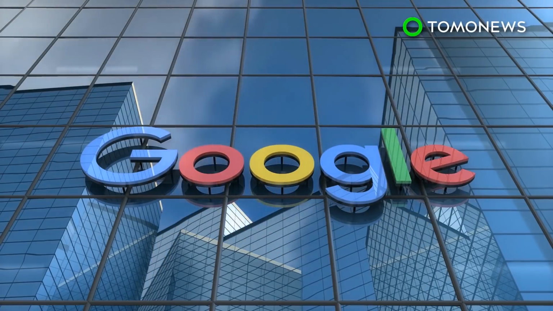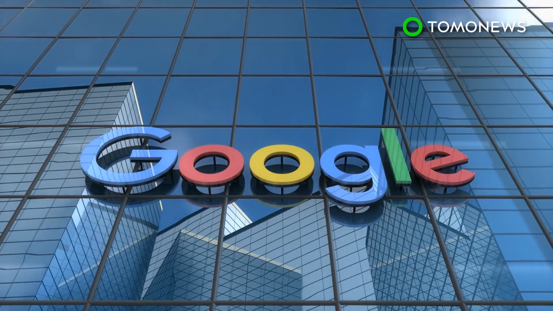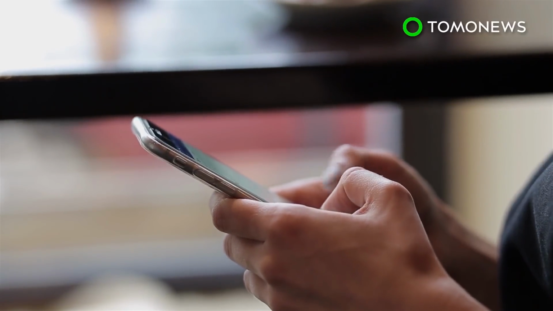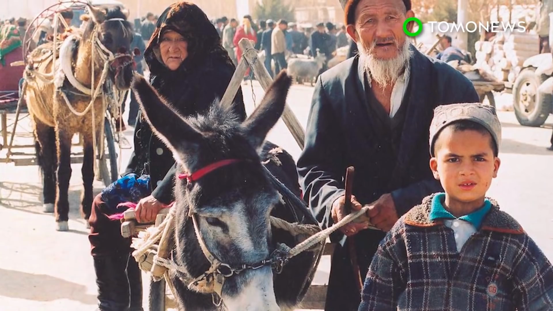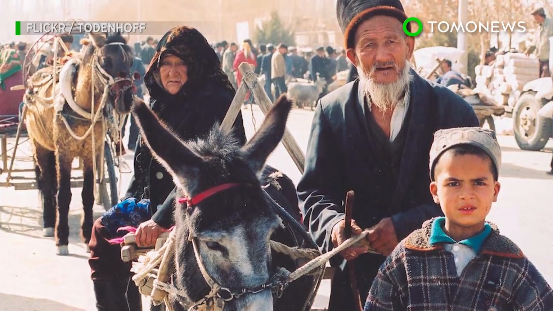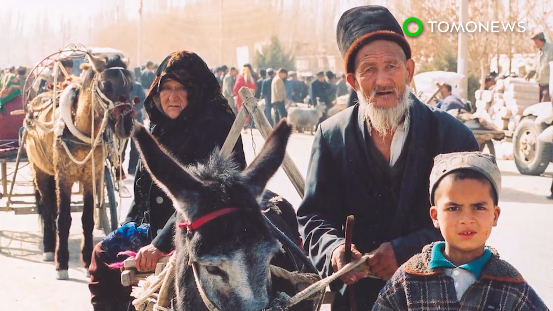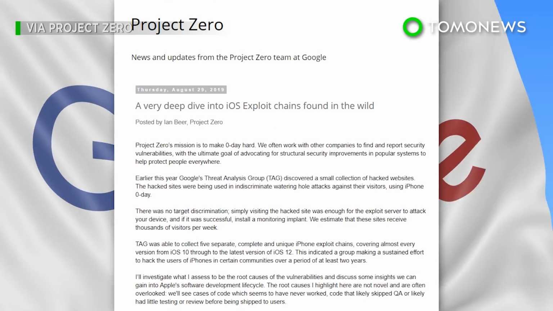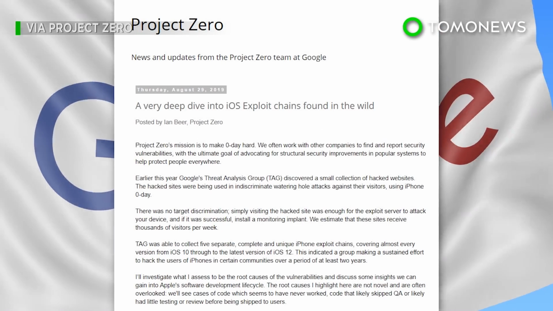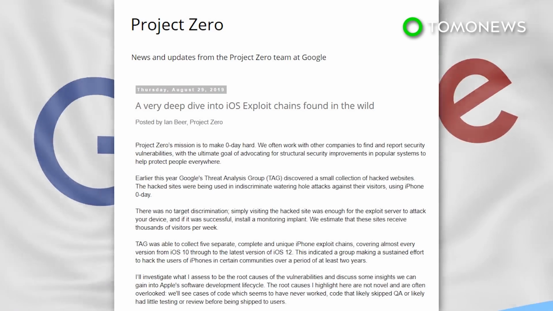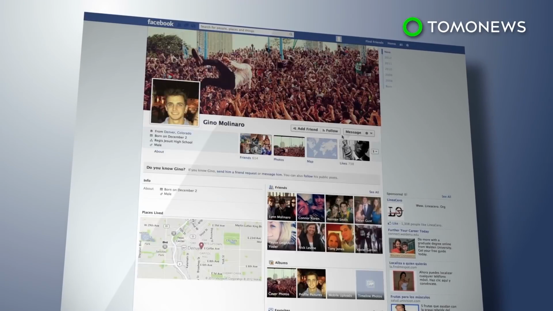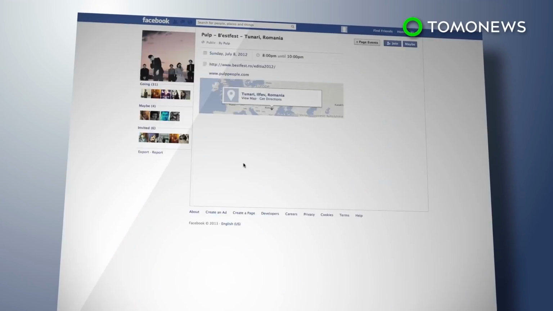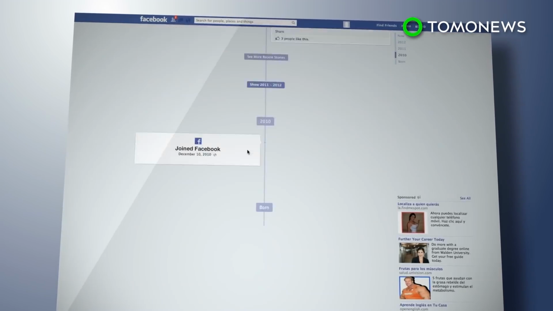Citing sources familiar with the matter, TechCrunch reports that research by Google's Project Zero, which uncovered a hacking operation that targets iPhone users that visit certain websites, found that the operation was aimed at the Muslim Uyghurs and non-Uyghurs. Google did not name the websites or who the hackers targeted. A spokesperson from Google told TechCrunch they would not comment beyond Project Zero's published research. A source familiar with Google's research confirmed to CNN that some of the websites that Volexity found coincided with some of the websites that Project Zero found.